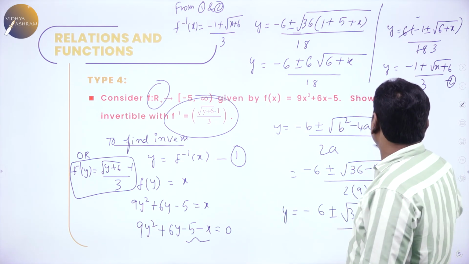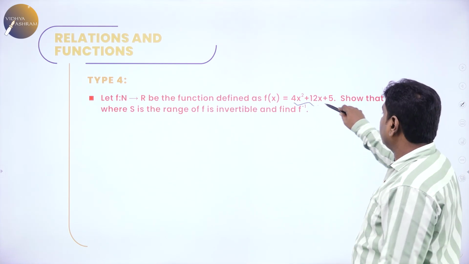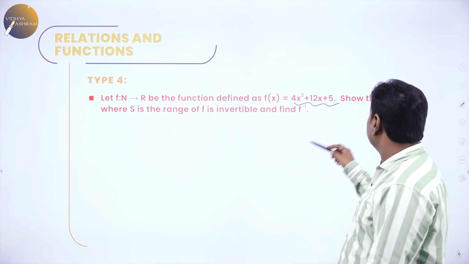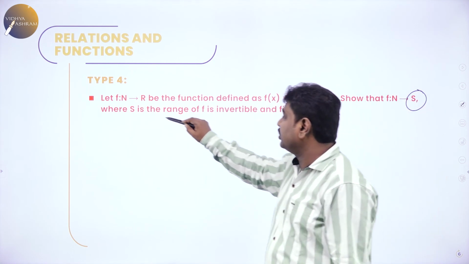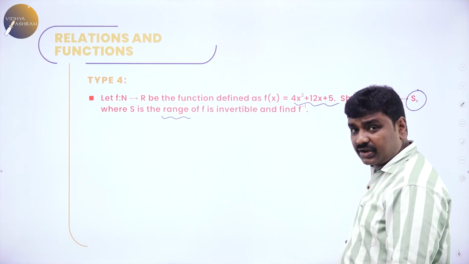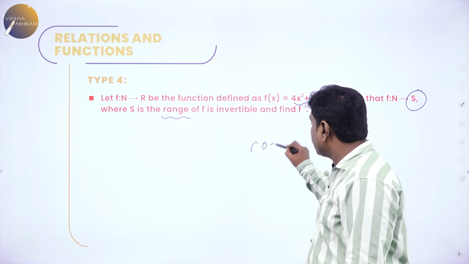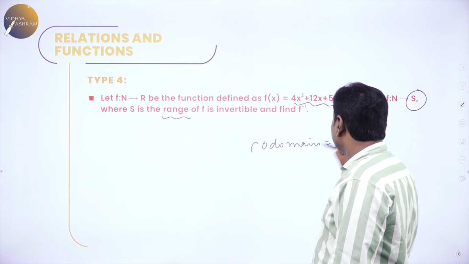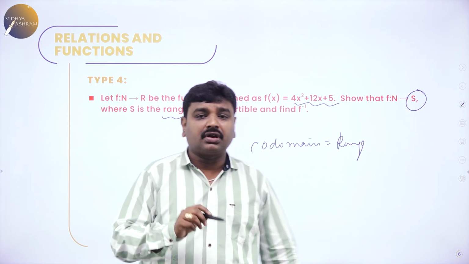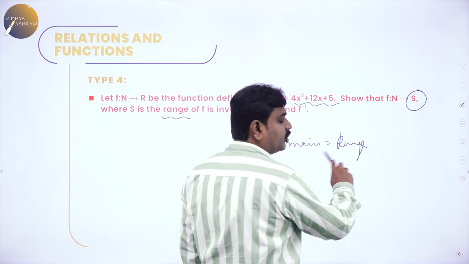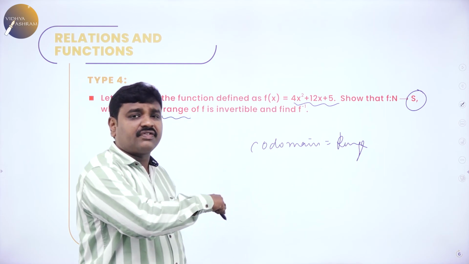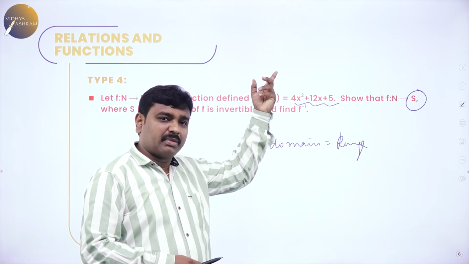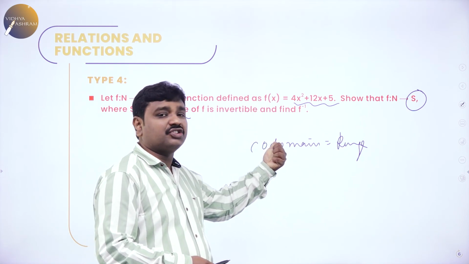One more question is there. So it is 4x square plus 12x plus 5, do by same method, but here no need to prove onto, because they told f maps into S, S is the range they told. In the place of codomain they gave range. If codomain is equal to range, then we call that as what? If codomain and range are same, then we call that function as what? Onto. No need to prove onto, prove one-one and directly find inverse, and you will get the inverse value by same method. Type 4, one problem I have done, one I am leaving it to you, complete this problem.